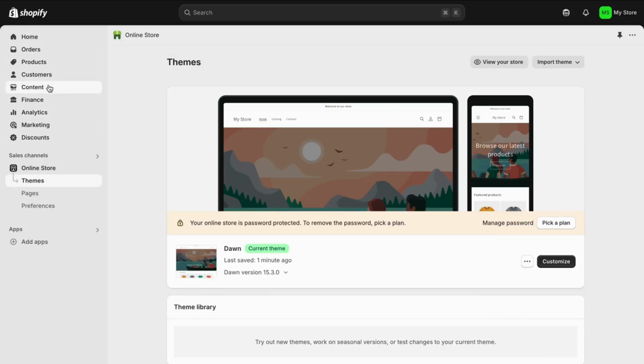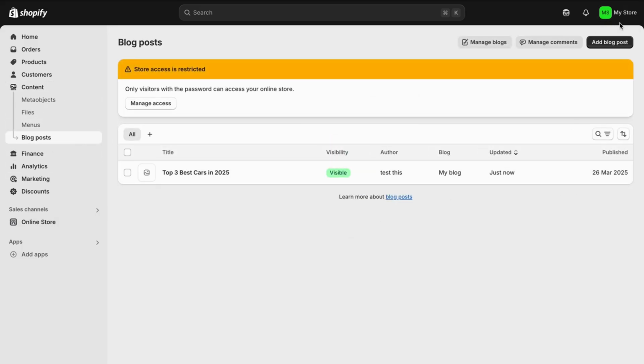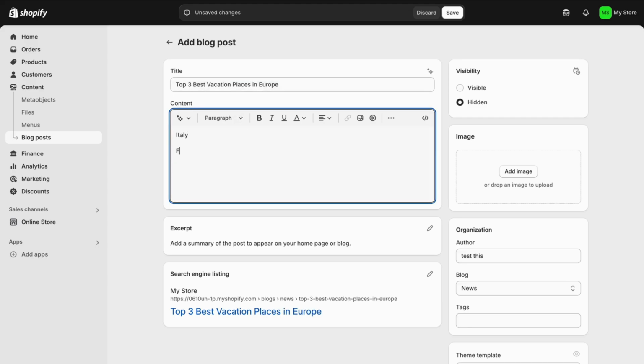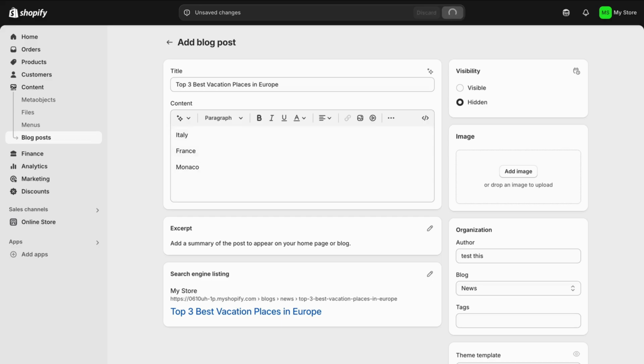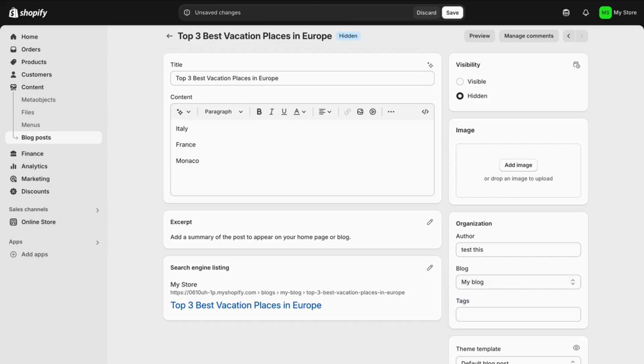Let's go back into content here. Click on blog post here once again, and we're going to add a new blog post. Top 3 best vacation places in Europe. I'm just going to write just this one right here, maybe, whatever. Let's have this one right here. And we're going to also select my blog here, because this is the one that we wanted to add into